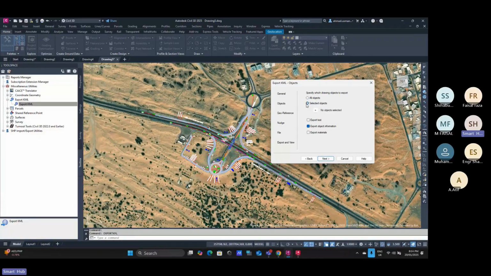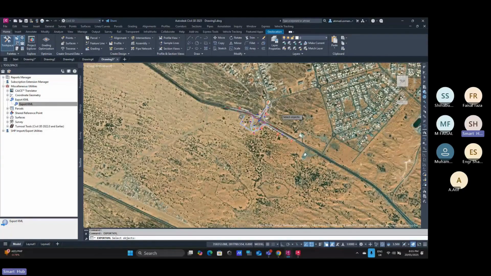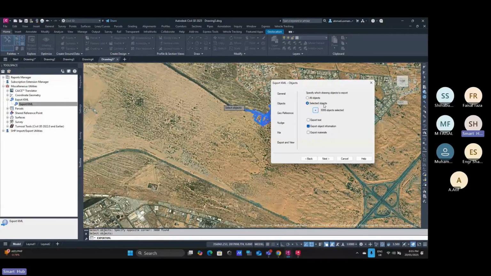Now, what will be your very next step in this sequence? Once you have successfully pasted the data here into the Civil 3D environment, immediately after that, you will need to navigate to the Tools section located on the sidebar. As I previously informed you, there are 4 distinct palettes available here. You specifically need to proceed to the Toolbox palette, which is the last palette in the list. Here, you will see Miscellaneous Utilities written as the third option. Click the plus button next to it to expand its contents, and then you will discover Export KML. Click the plus button next to that as well, and you will then be presented with the Export KML option